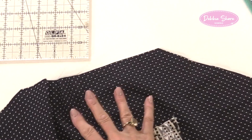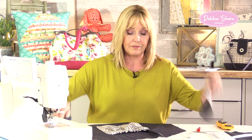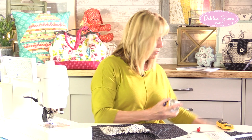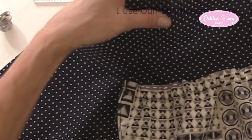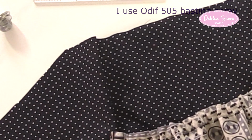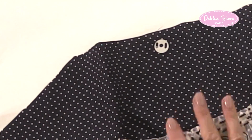Now, because this is the lining fabric and it's not very thick, I'm going to cut just a scrap piece of fabric and put it on the back to strengthen it a little bit. So I'm going to hold this in place with some 505 spray, which is a repositionable spray adhesive. That goes on the back of here. Okay. Then, I know you can't see this too well because I've got red ink on black fabric, but I'm going to put a mark